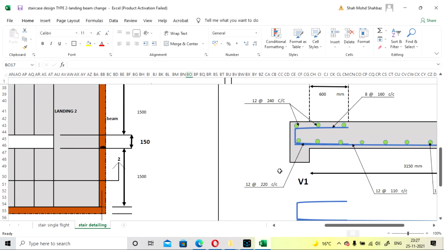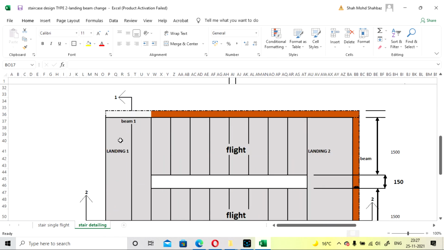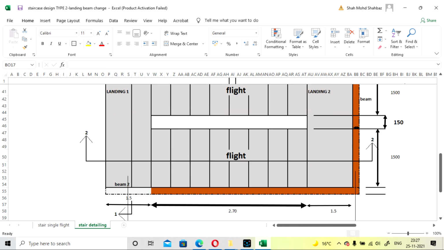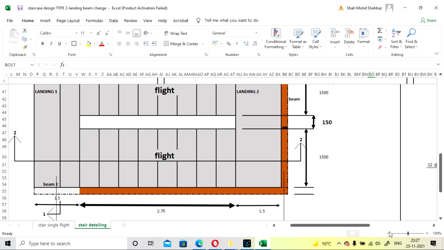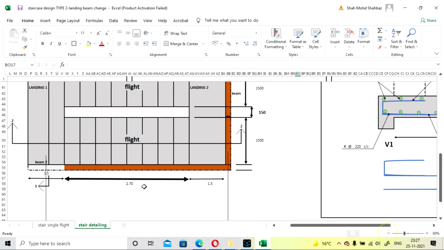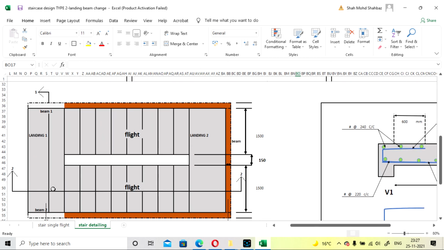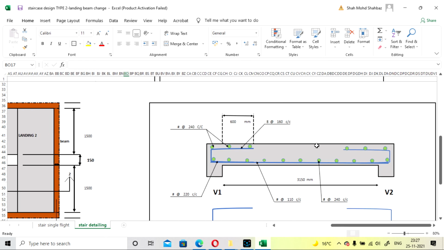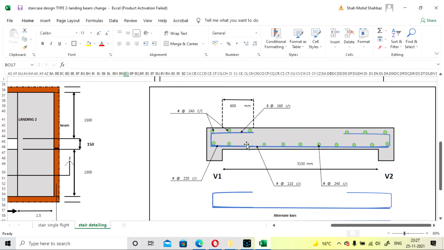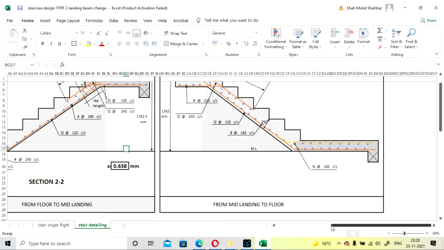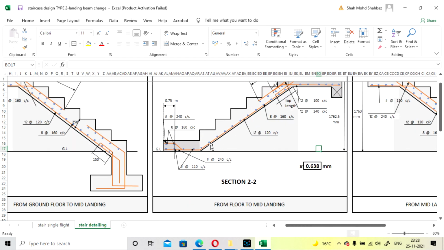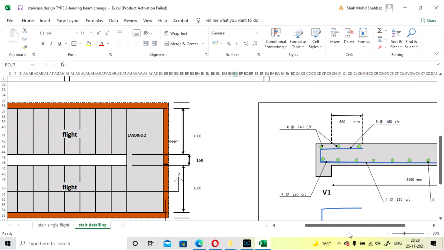And for the landing slab here, for landing 1, this landing 1 of section 11, if you see section 11, here it is shown. For this landing slab, you have to provide like this. Some bars will be extended from your main bar here and bent like this, and others will be added like this.